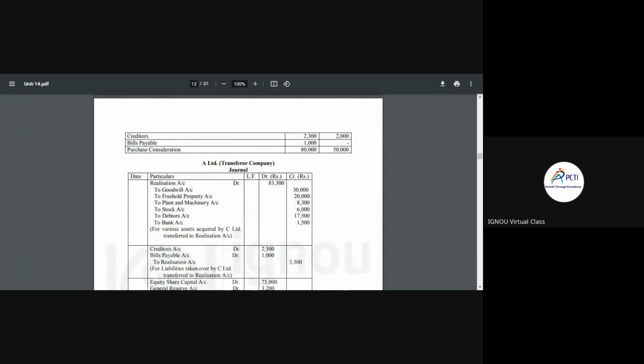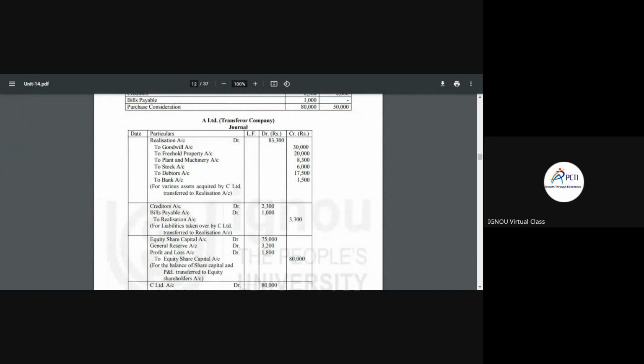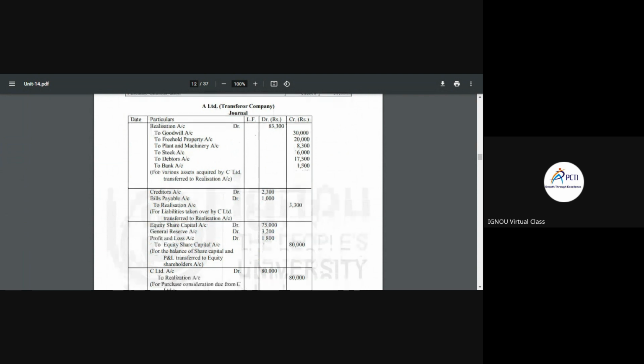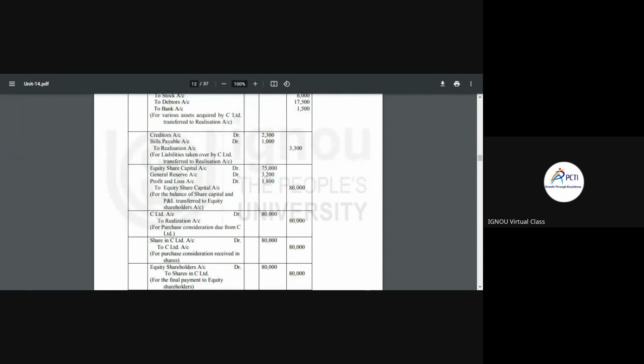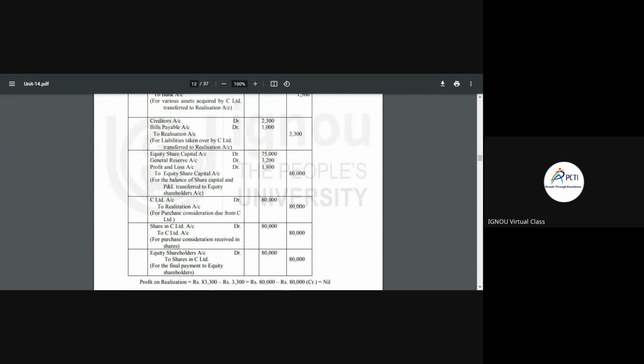First of all, we pass the general entries in the case of the transferor company. In the case of the transferee, the entry will be reversed. That means realization account debit to all the assets like goodwill, freehold property, plant and machinery, stock, debtors, bank. In the case of liabilities, the entry will be creditors account debit, bills payable account debit to realization account. Next one is equity share capital account debit, general reserve account debit, profit and loss account debit to